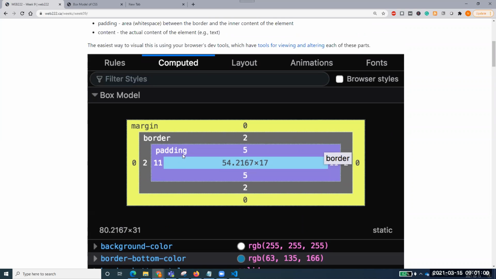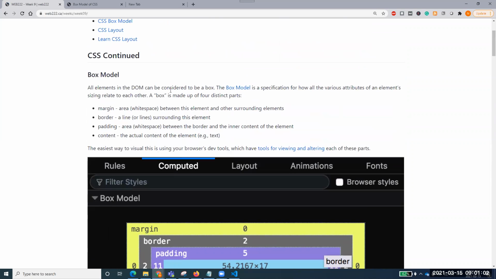What is a box model? All elements in the DOM can be considered to be a box.